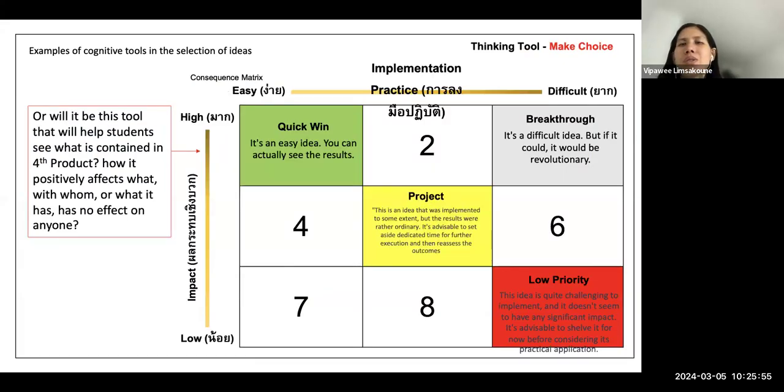This one is also a make choice tool. And when you think about positive impact, you could ask yourself how it positively affects, what it affects, whom it affects, or does it have no effect on anyone? It's like low, right? This one.